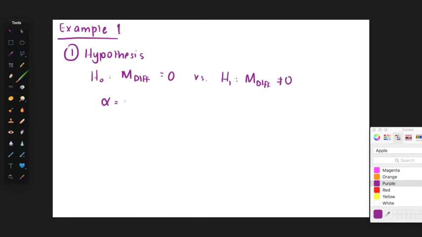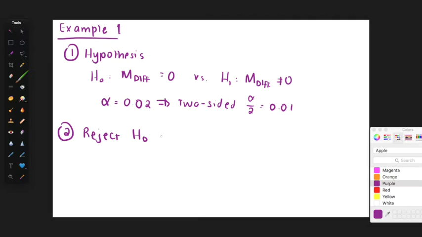Alpha is 2%, so 0.02, and we know that this is a two-sided test, so it's alpha over 2, which is now going to be 1%. So that's my hypothesis. The second step is then to state the rejection criterion, so we're going to reject